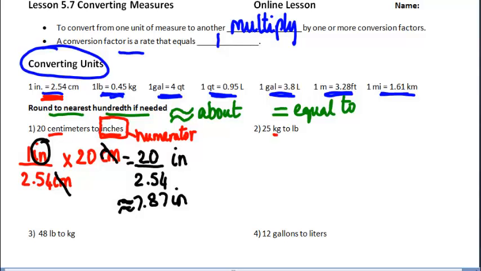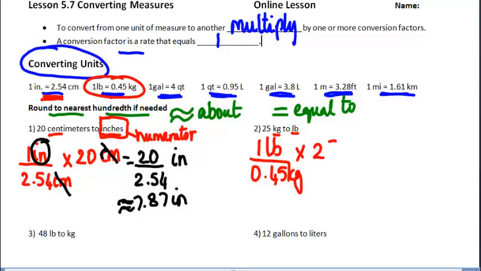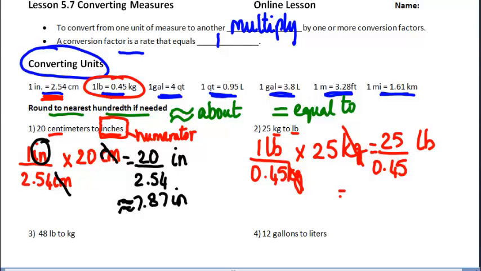I'm converting the kilograms to pounds. The conversion factor is 1 pound and 0.45 kilograms. I need the pounds, so I'm going to leave the 1 pound over 0.45 kilograms. We multiply it by the 25 kilograms, cross out the kilogram and kilogram. We end up with 25 over 0.45 pounds, and if you work that out, we will get an answer of about